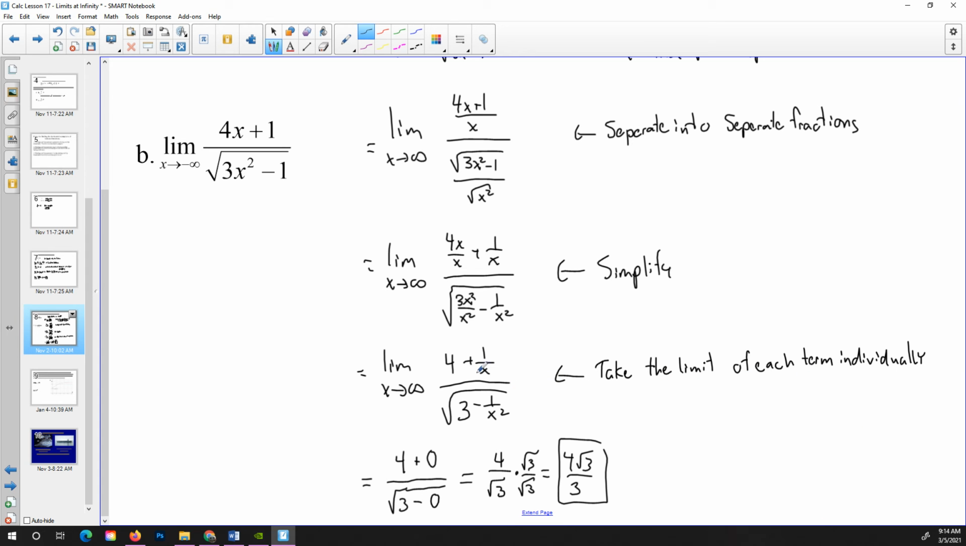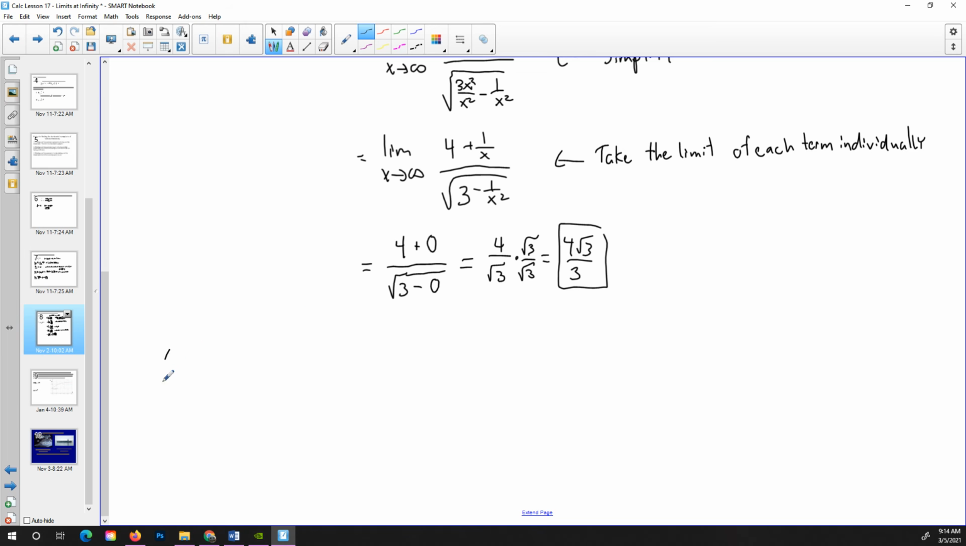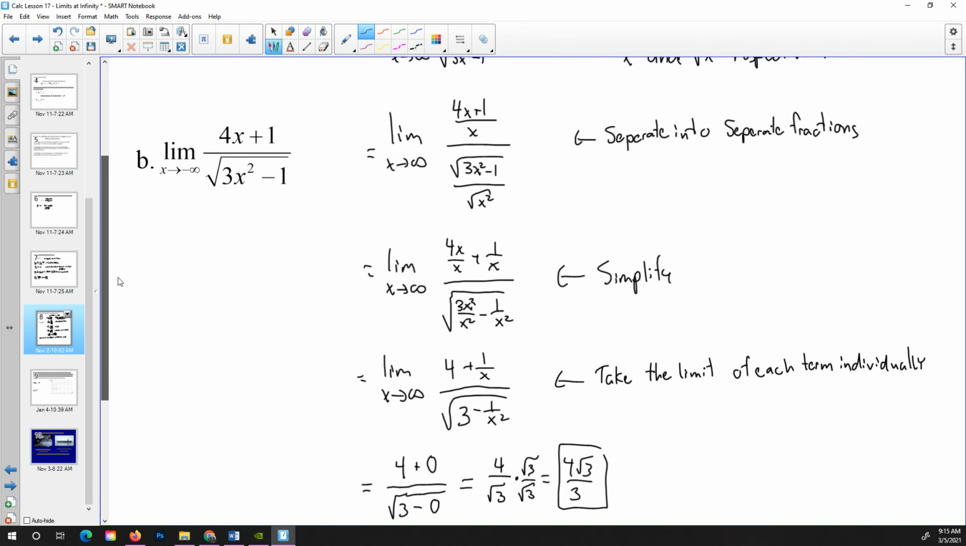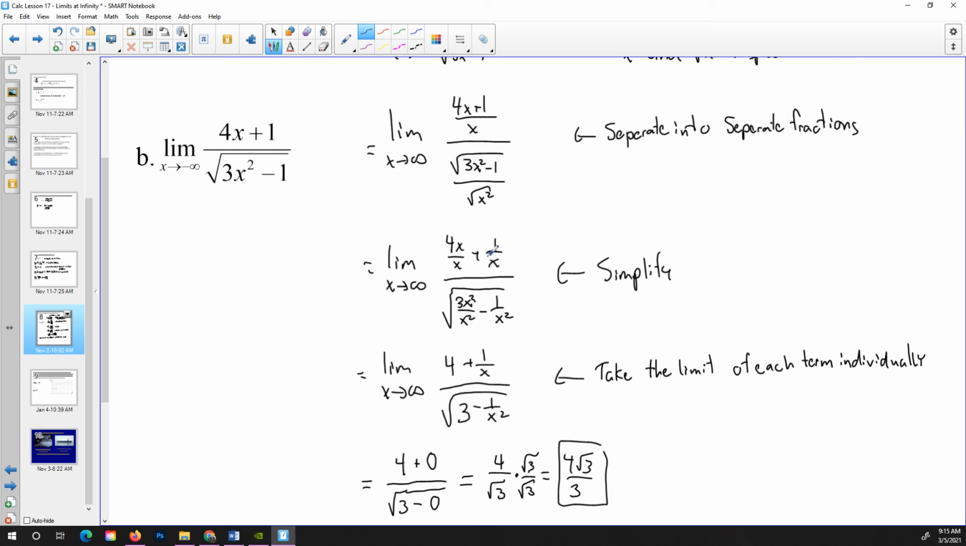Now, we can use a similar argument for part B, provided that for x less than 0, x can be equal to negative square root of x squared. So we've got to make that part negative. All right. And so what's going to happen is that all of these values are going to be the same,